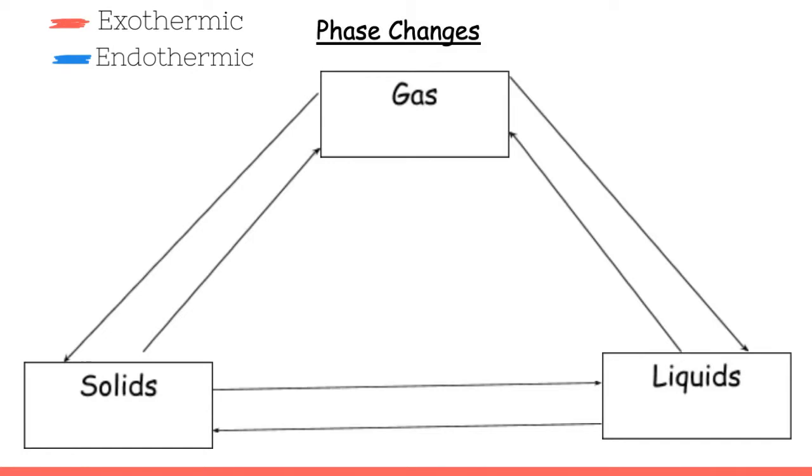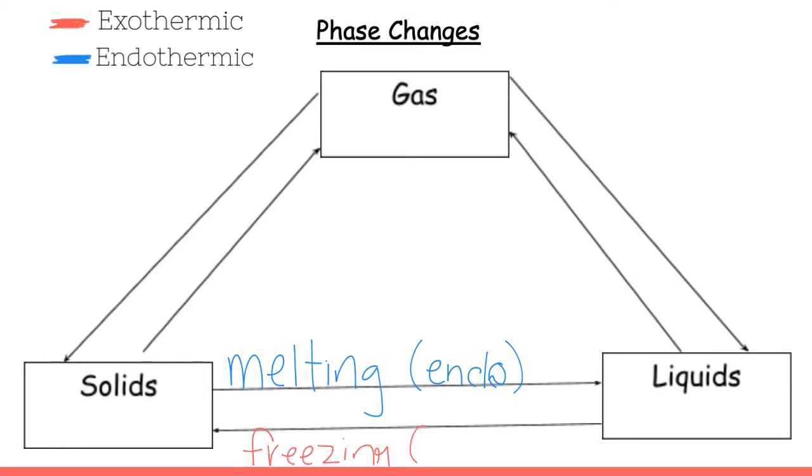So we're going to start with the ones that you guys already know. The first one is where we turn from a solid into a liquid, and this, of course, is called melting. Melting is going to be an endothermic process. On the opposite end is where we go back from a liquid into a solid, and this is what we call freezing. And freezing is going to be exothermic, or energy is going to come out,